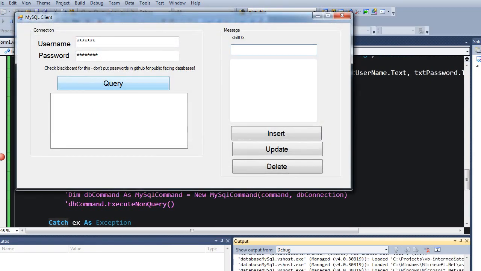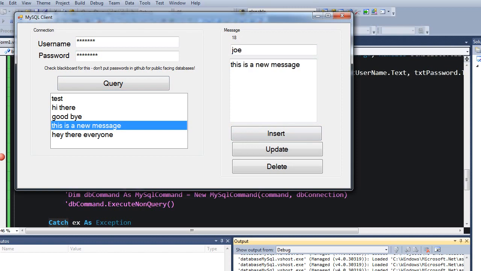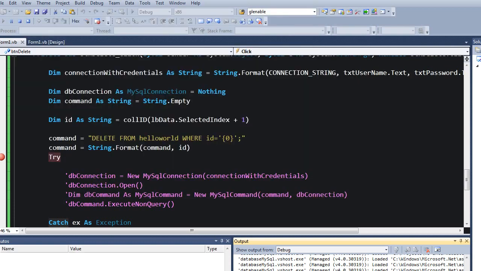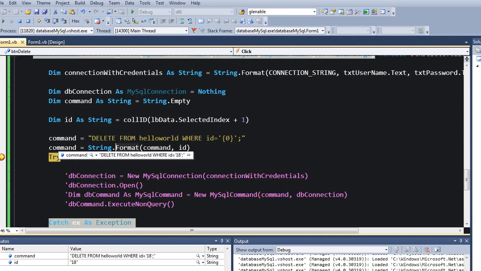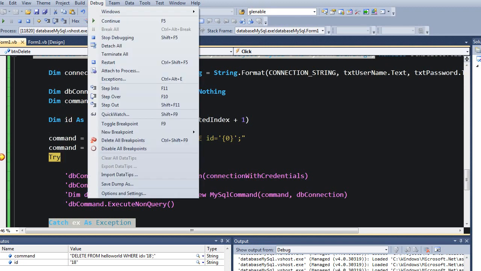When you're working with delete commands, there is always the potential of accidentally deleting everything from your database. If we left off the where clause on this and we just said delete from hello world, it would in fact delete every value from that table. So that's why we want to probably be careful on delete more than any of the other ones. And it looks like it generated it correctly. So now